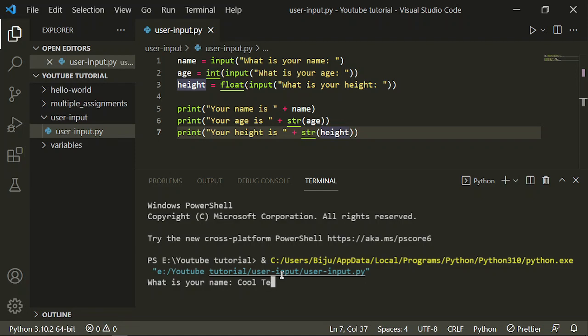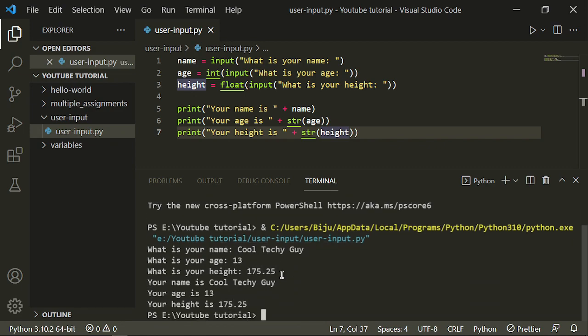Cool Techy Guy. 13. 175.25. There we go. Your name is Cool Techy Guy. Your age is 13. Your height is